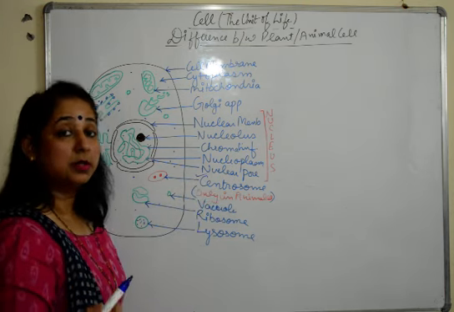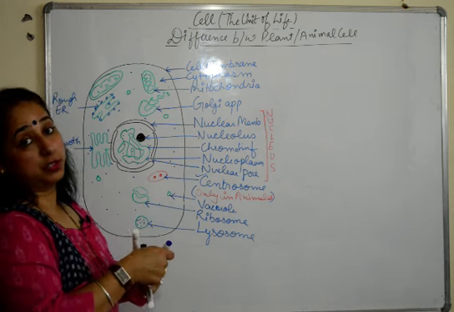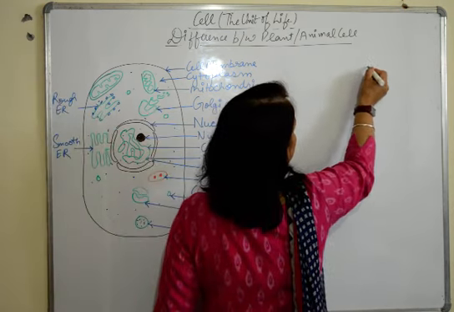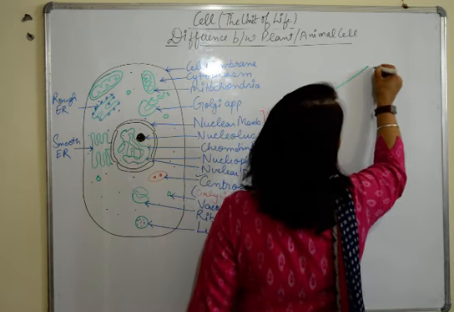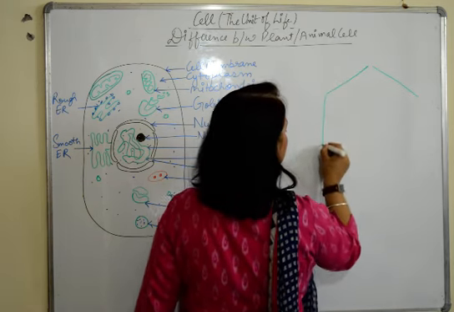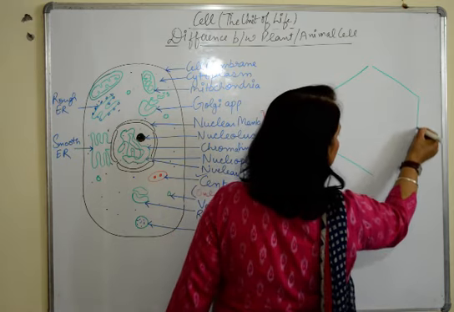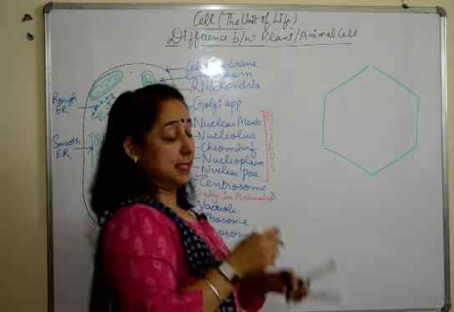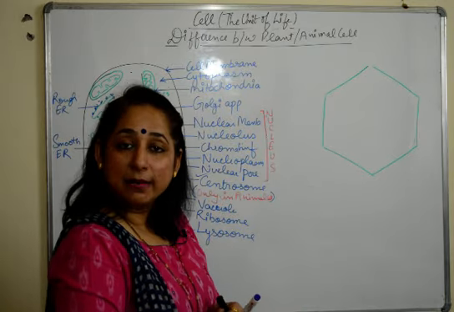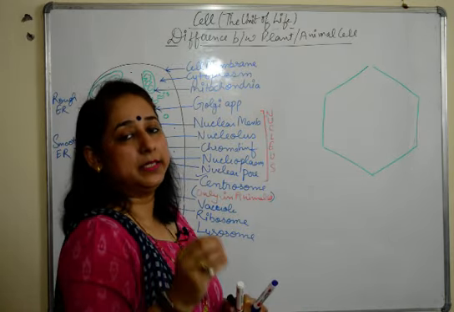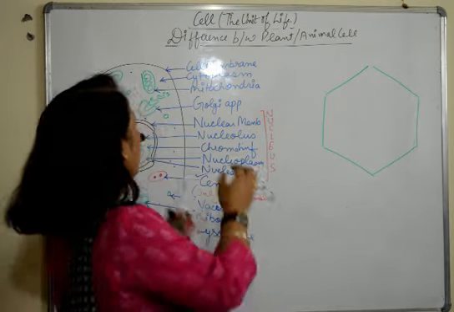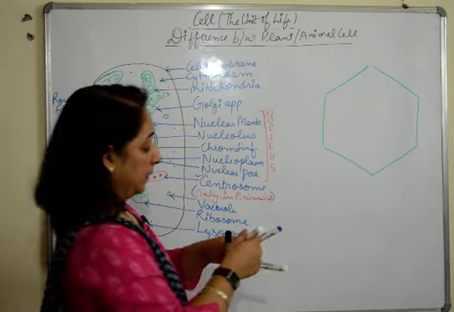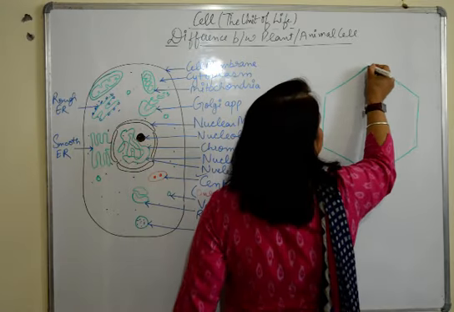Now we talk about the plant cell, which has many structures which are not present in the animal cells. So we'll make a structure first. It will be a little smaller because we don't have that much of space. Why am I making this type of a shape? Because it has cell wall around it, which gives it a very symmetric and a proper shape. Animal cell can change shapes, but it cannot. Again,